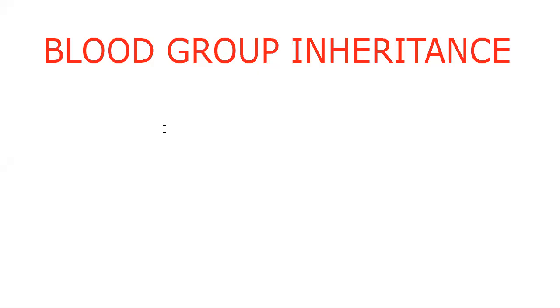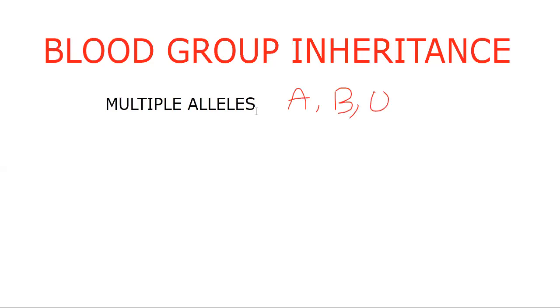So let's take a look at whatever we have completed till now. First of all, we said the blood groups as multiple alleles. Why do we call the blood groups multiple alleles? Because there are that many alternating forms. How many alternating forms of a character are present here? There are three. That blood group character has three allelic forms, that's why we called it multiple alleles. A, B, O. Three alleles are present. More than two alleles are present, so we can say multiple alleles.